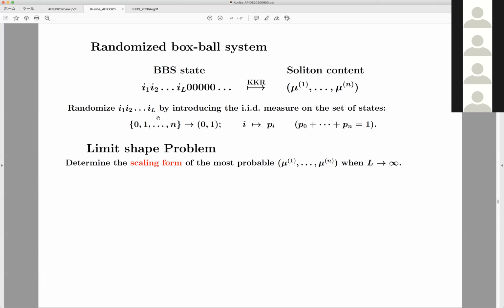So if you randomize site by site, with probability 0.3 for the balls and 0.7 for the empty sites, then you would like to know what sort of probability measure is induced for the list of the amplitudes of solitons. And what I did is determine the limit shape of this Young diagram. So I haven't invented a microscopic algorithm leading to this randomization, but I just introduced the randomness by hand. And actually, it's possible to introduce more randomness, the so-called GGE, Generalized Gibbs